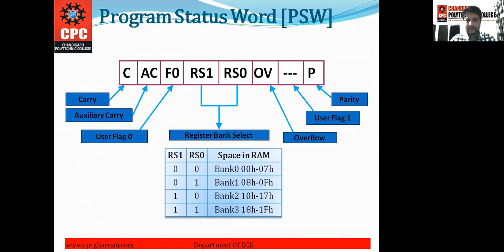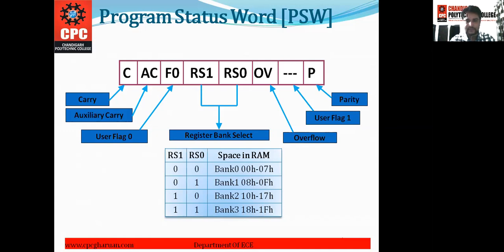If we have to select bank 3, that is the last in the chart, then we will have to give 1 to both the registers RS0 and RS1, with 1 1. If bank 1 will be selected, then RS1 must be 0 and RS0 must be 1. This is the structure that we can select any register bank by using both of these bits in the program.